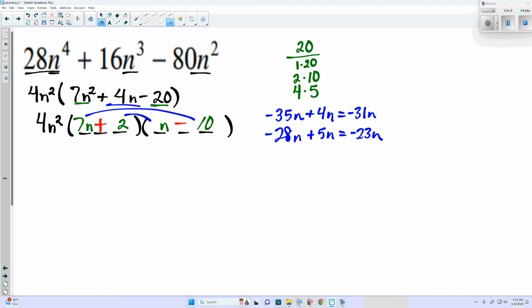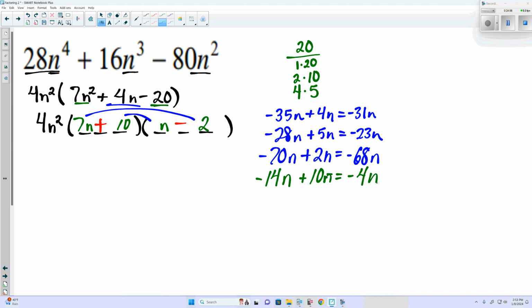2 and 10. 7n times negative 10 is negative 70n. 2 times n is plus 2n. And negative 70n plus 2n is negative 68n. So we can switch 10 and 2. 7n times negative 2 is negative 14n. 10 times n is plus 10n. And negative 14n plus 10n is